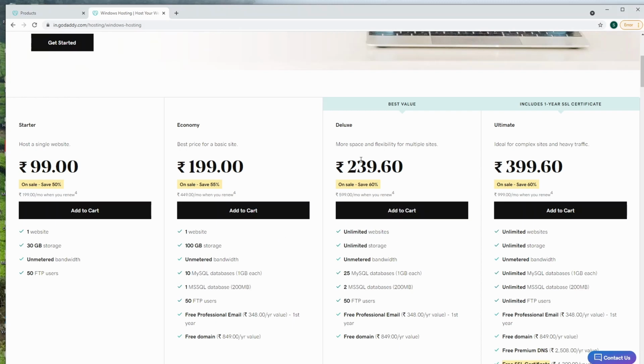In Deluxe we have unlimited storage and unlimited websites. Basically, one website means if I buy exploringembeddedsystems.com, I cannot add another website called something like exploring.com. This is only for one website. The cost difference between these two is not much, so it is better to go ahead with this. The difference is you can only have 5 MySQL databases, which is more than enough. Let me add to cart.